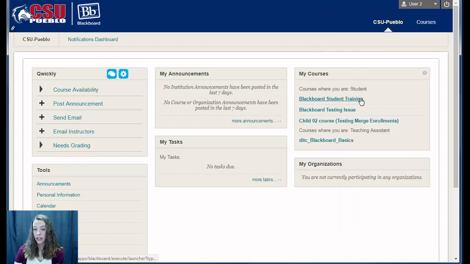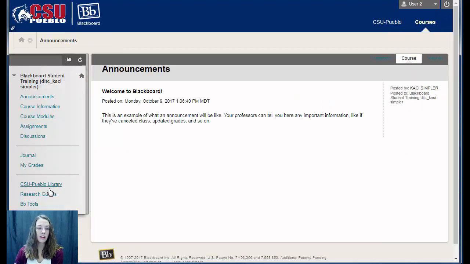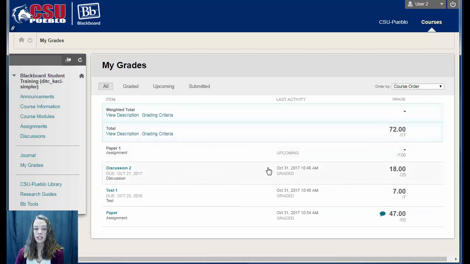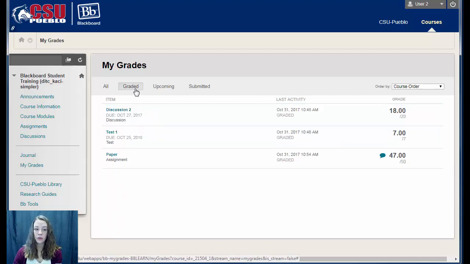But you can also click on your course. So I'll click on this Blackboard Student Training here. And then you'll see over on the left-hand navigation menu the My Grades tab. So once you click on that, it'll take you to a screen that looks like this, and this is the exact same thing that we kind of went over, but this one you can basically categorize or view your grades in a different way. So right now I'm under the All category,